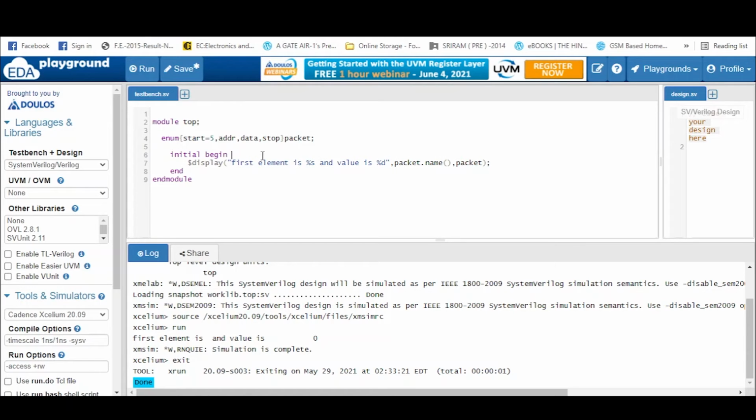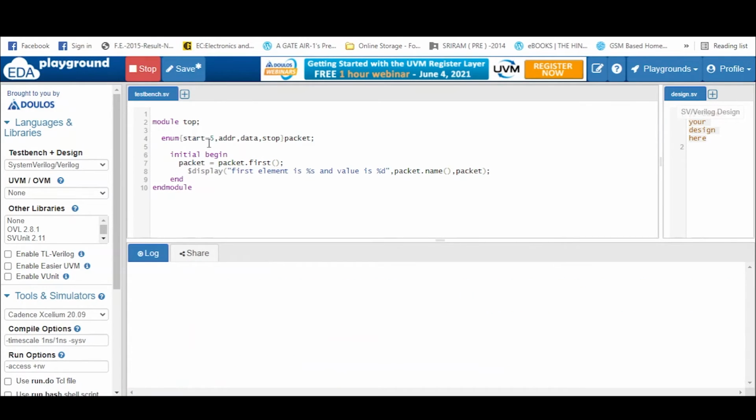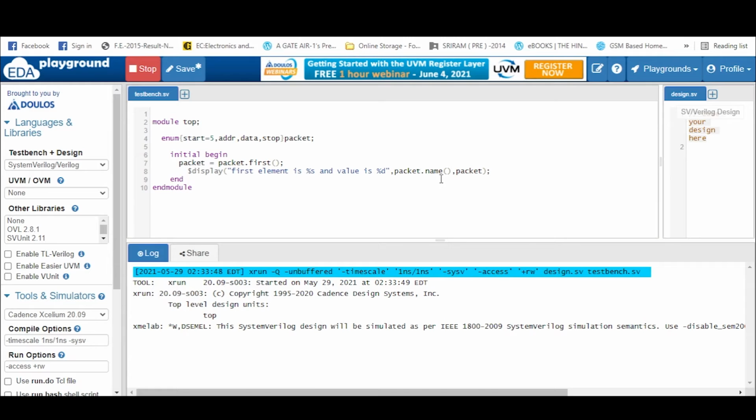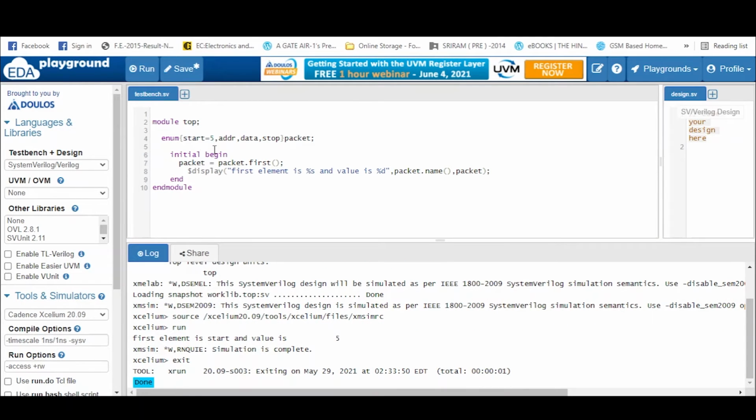So basically you should initialize it, right? You should initialize packet equal to packet.first. Okay, got it. Now definitely you will get it as start, and the value which you should get is a 5. So see, the first element is start, and the value which you are getting is a 5.